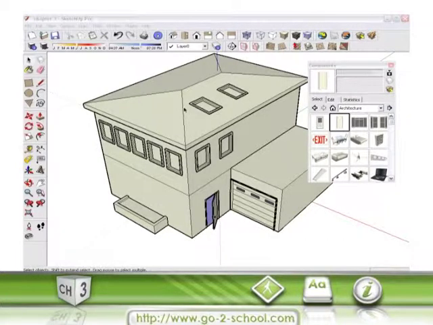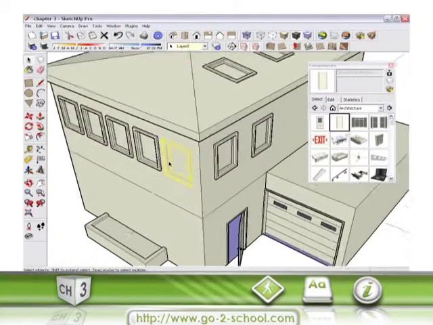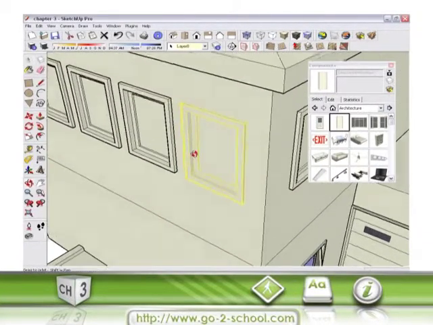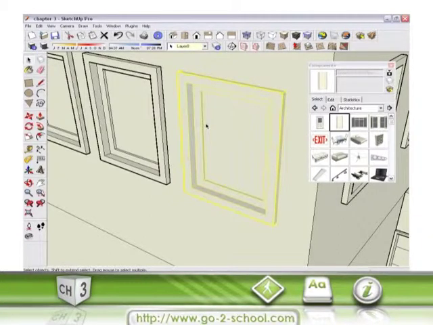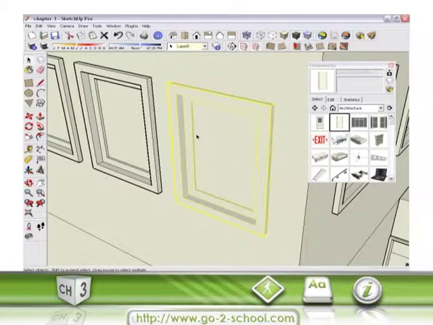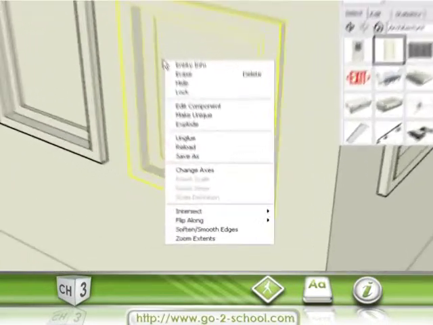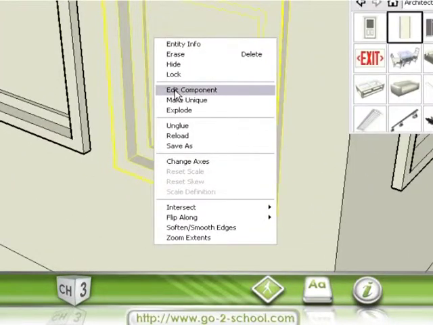Okay, so we've already shown you how to edit groups. You've got the same option in SketchUp when it comes to being able to edit components. So the window looks a little boring. We could go in there and add some detail to it. If you want to change a component or edit it or add detail later on, the first thing you're going to want to do is either right-click on the window, you'll see the option this time for Edit Component,